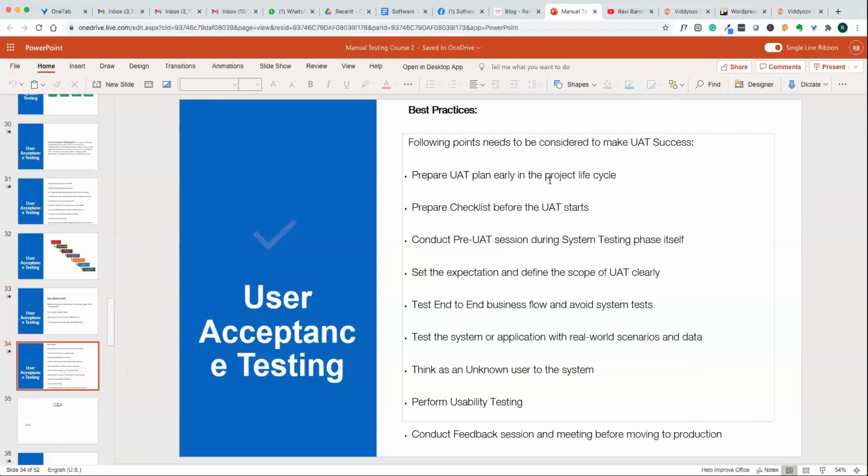So these are some of the best practices for user acceptance testing. Basically, you prepare a UAT plan very early in the project life cycle, prepare some checklist before UAT starts, conduct a pre-UAT session during system testing. So while system testing, we can do some pre-check, like if there is already a user acceptance plan or scenarios, we can run them during system testing and see that it is working as per those scenarios,